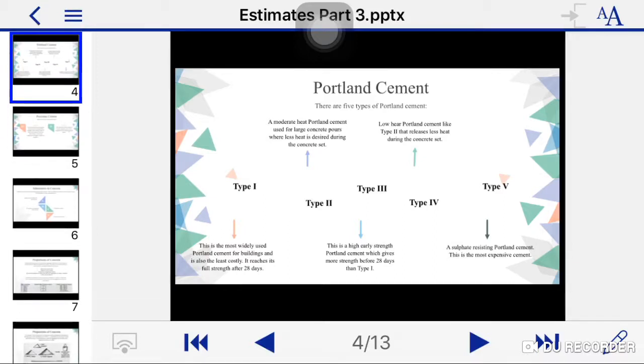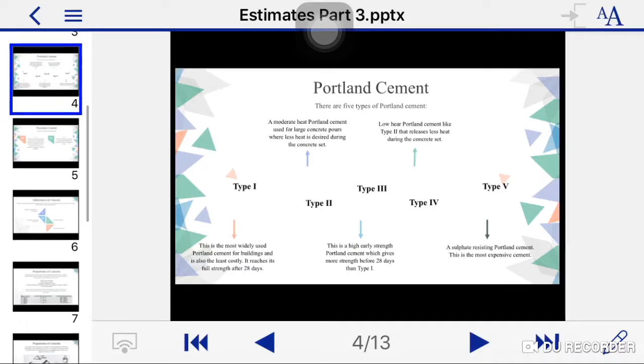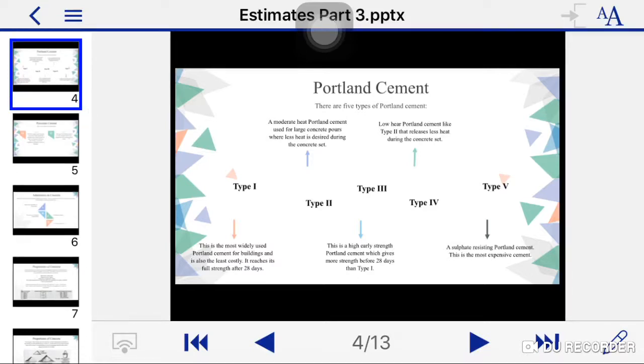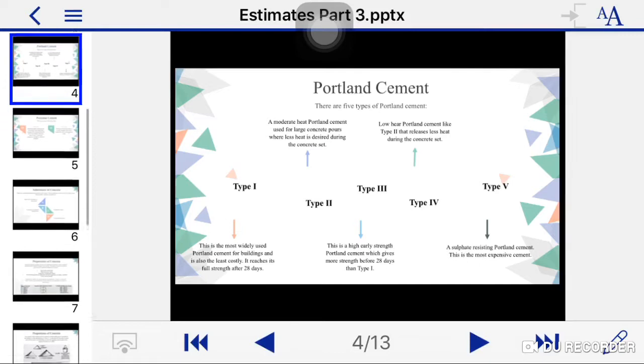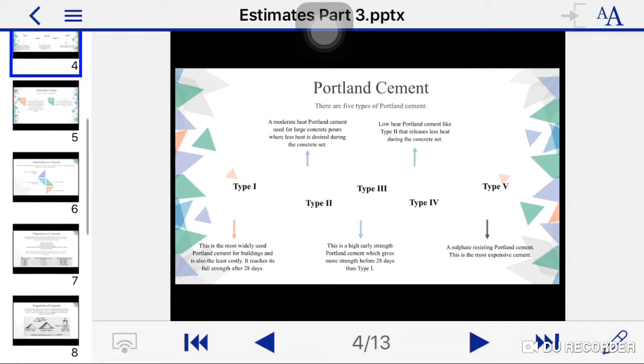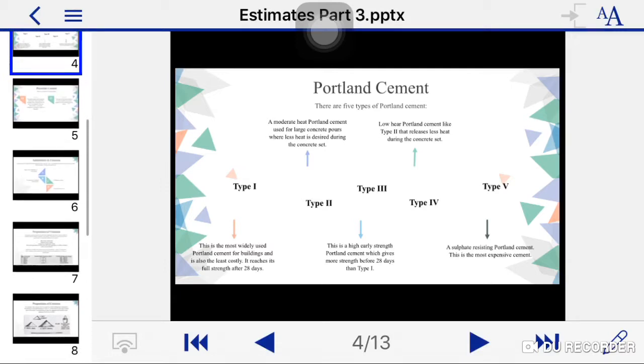So we have curing days for the concrete: 7 days, 14 days, 21 days, and 28 days. In 28 days, it reaches the full strength of the concrete. Then next, for type 2, a moderate heat Portland cement used for large concrete pours where less heat is desired during the